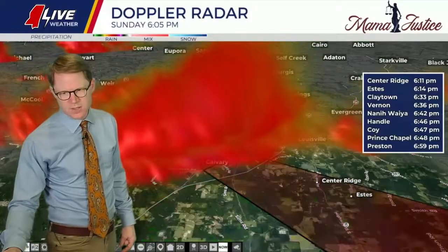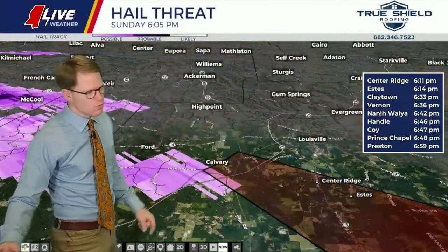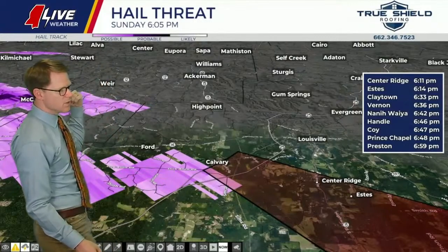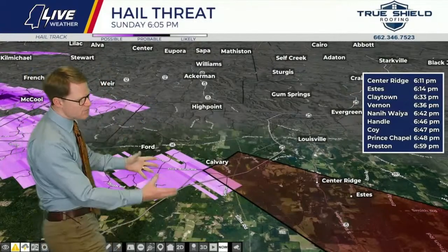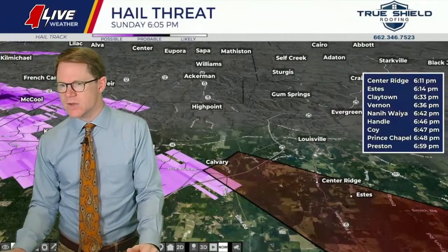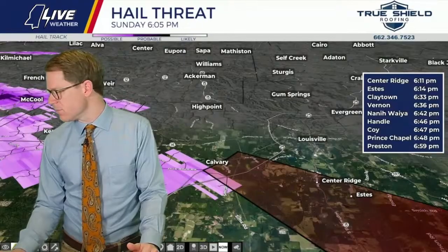Our True Shield hail swath, and again, showing the hail a little stronger down to the south. This was slightly stronger up closer to McCool earlier on. It's gone through a bit of a regeneration phase when it was back toward McCool, if you missed this during our last broadcast right before